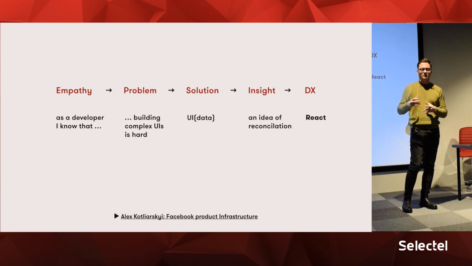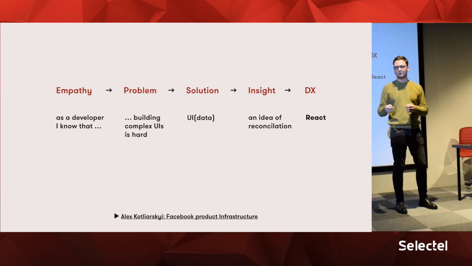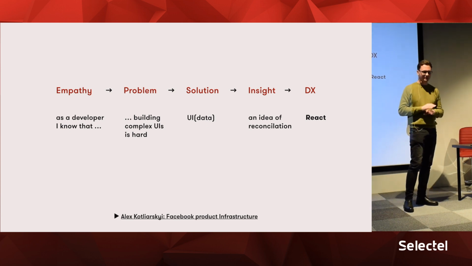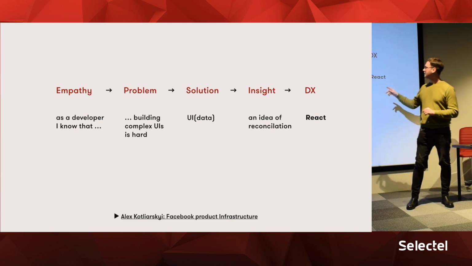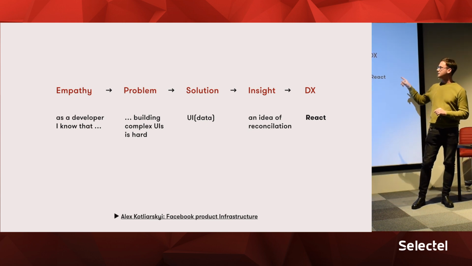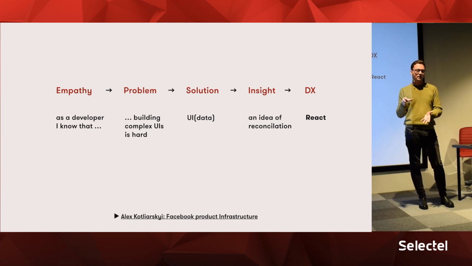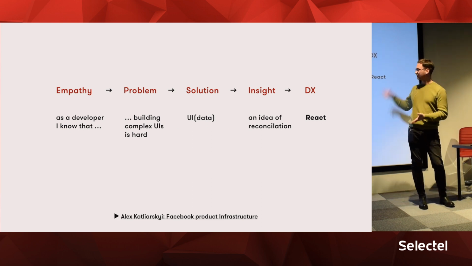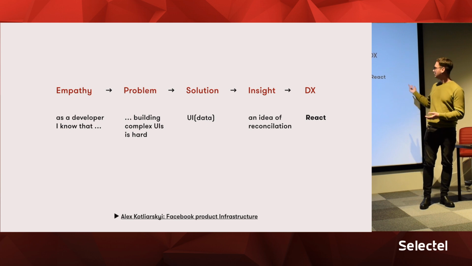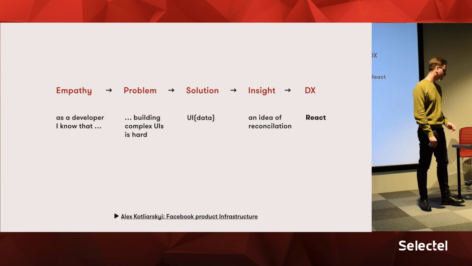And he came up with this really crazy idea that you always have to re-render everything. And when he mentioned it at Facebook, people stopped believing him. They just said, well, it's not going to work, never. And then, because that was the insight, he realized that you can actually reconcile, that you can diff. And this is how the good developer experience was born. This is how we got what we have now, the library.